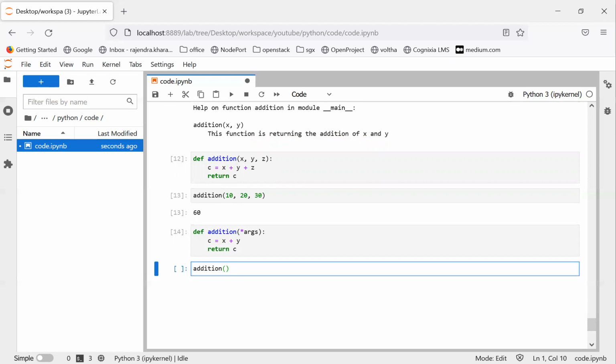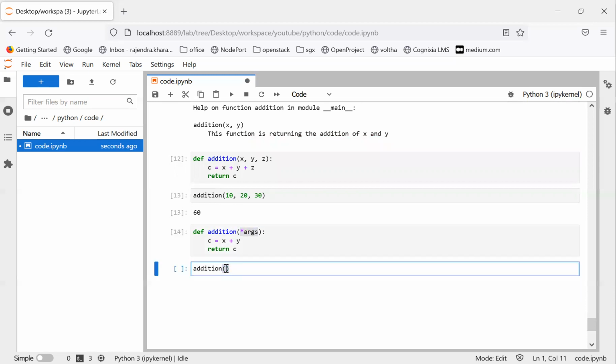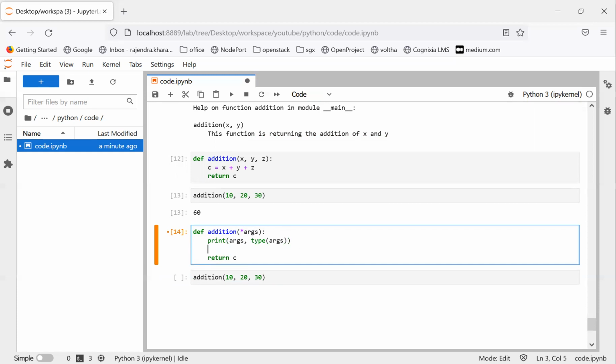So basically what happens is, when you use the star here, whatever data is coming in the function call, let's say 10, 20, 30, everything will be converted into one tuple, and that tuple will be stored in the star args. And then once you get the tuple, we already know how to parse the tuple, right? Let me first print it. You can see print args. I'll also print the type of that variable, so we'll get to know the type. And then what we can do is have some variable, let's say add is equal to 0,